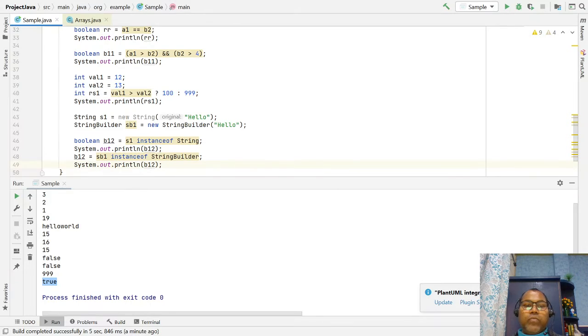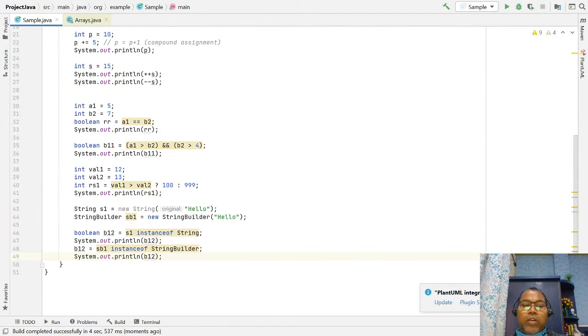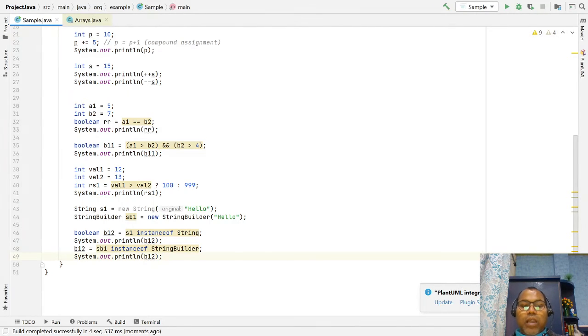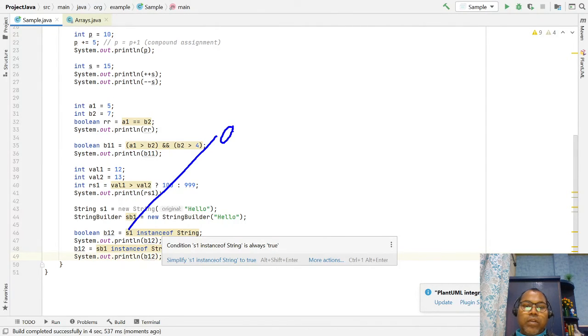So sometimes you want to check which object you have. This helps us, in conditional logic, to know what kind of object we are receiving: an object of the Employee class, String class, or StringBuffer class. It helps us identify the type of an object. This is your object, and I want to check whether it is of this class type or not. The instanceof operator returns a boolean value, and according to the boolean you can take a decision.